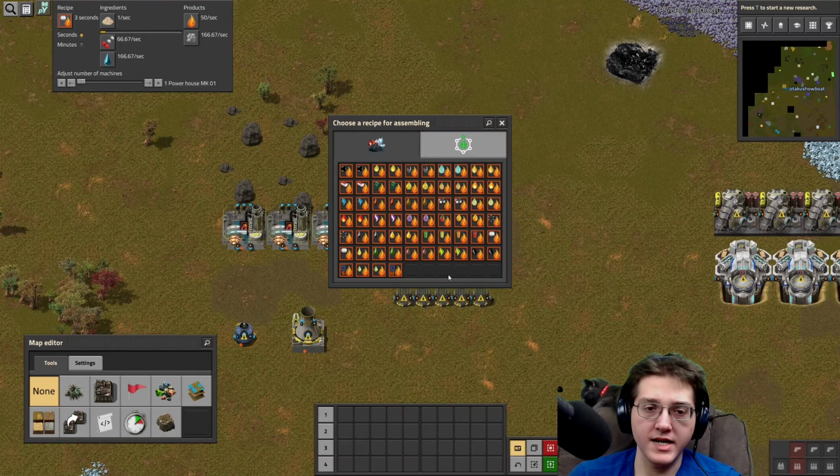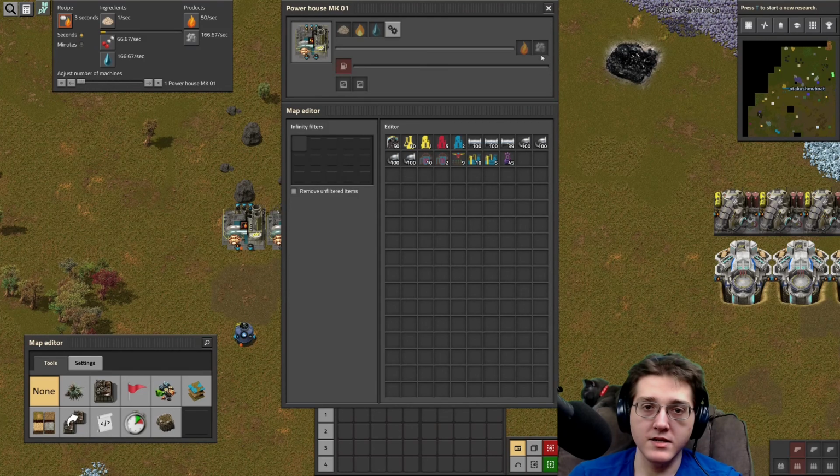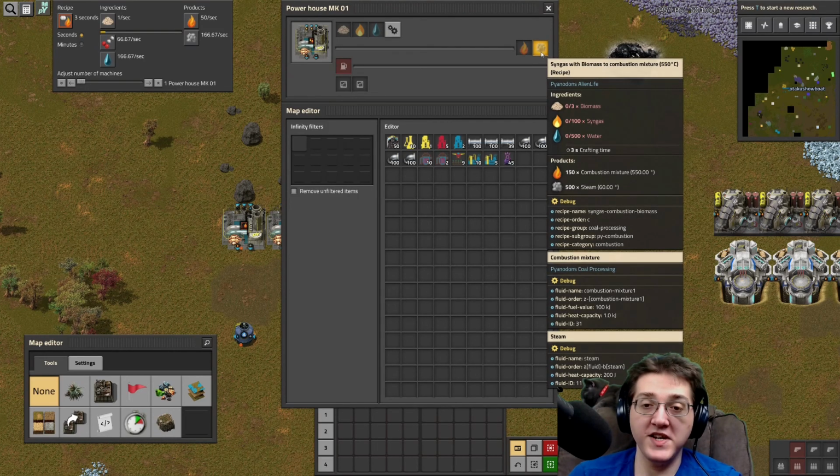Where's syngas? No. This is a really big list. Where are you, syngas? There it is. This produces 550 minus 15. You get marginally more power out of that, but yeah, it's still not that great,